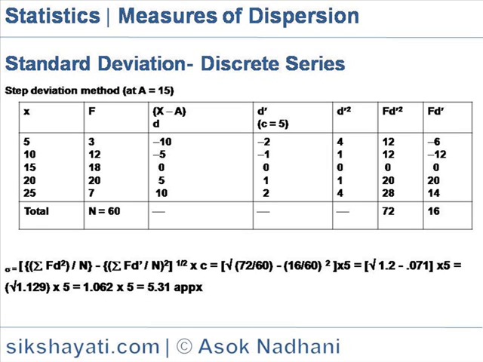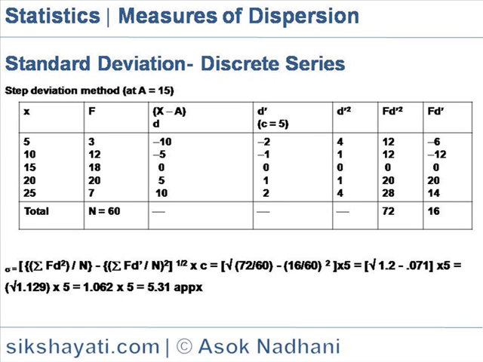D, we now compute the value of d dash, assuming a scale of c equal to 5. So we get the d dash square, fd dash square, and fd dash by computing from the respective values. So here sigma is equal to square root of sigma fd dash square by n minus sigma fd dash by n square, the whole thing to the power half, that is the square root, into c, that is the factor, so sigma is equal to square root of